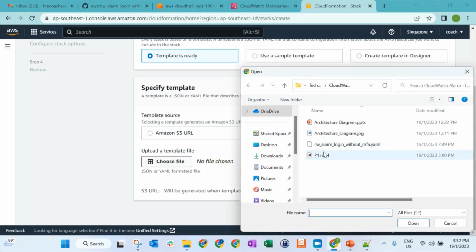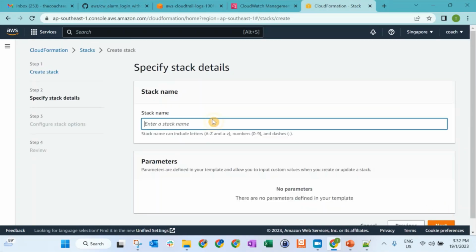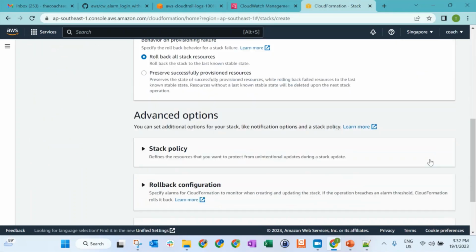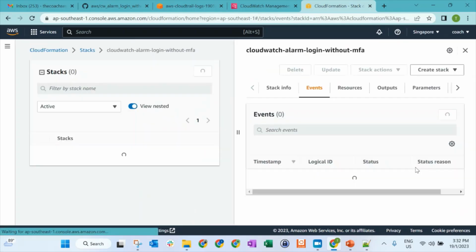In this case, I'll use the template file. So this is my file. Just next, and then enter the stack name. Okay, and then next, just next, and then submit.